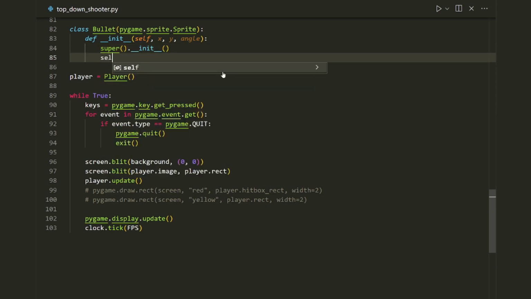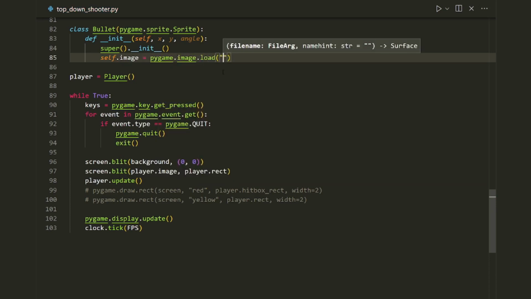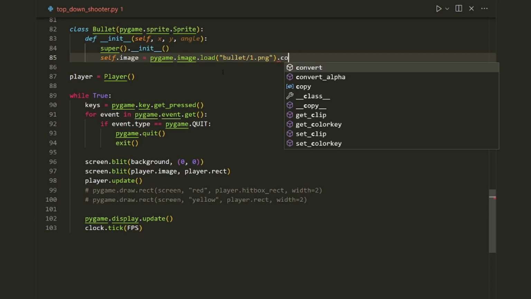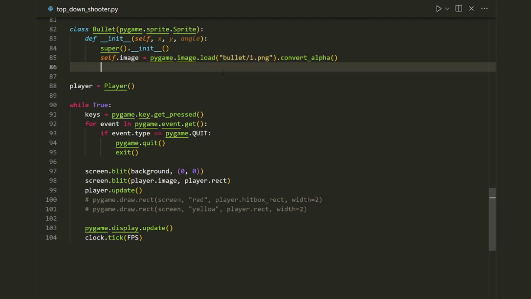So what I'll type is self.image equals pygame.image.load, and the folder is called bullet, and the specific image I'm going to use is called 1.png, and don't forget to .convert_alpha() this at the end. So I was playing around with this earlier, and we need to scale the bullet up so it looks big enough on the screen. So what I'll type is self.image equals